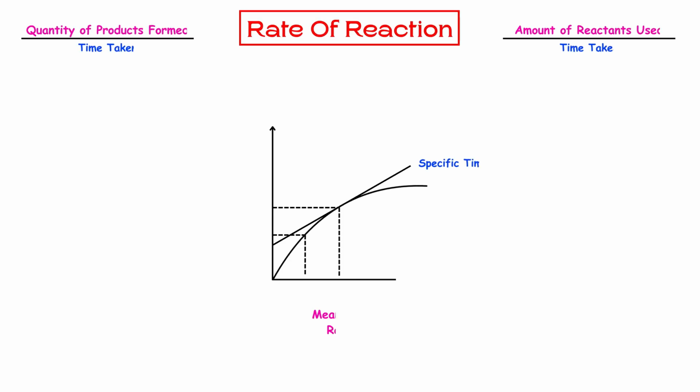In today's video, we are going to explore how graphs can be used to measure both the mean rate of a chemical reaction and the rate at a specific point in time. Previously, we learned that the rate of a chemical reaction can be calculated by dividing either the amount of reactants that have been consumed or the amount of products that have been formed by the time it took for that